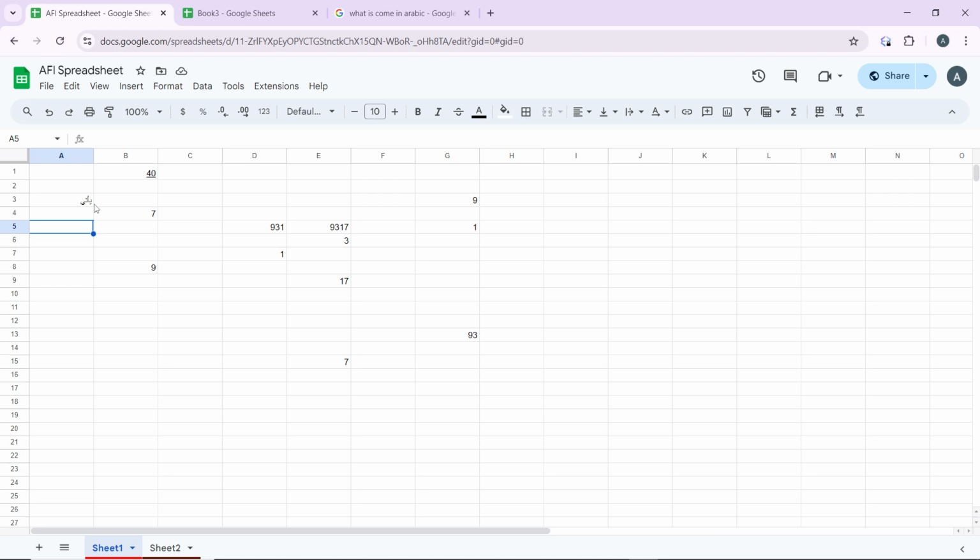So to simulate RTL text direction, this is what you can do. Select the cells where you want to apply RTL alignment. All right, then click on the horizontal align icon in the toolbar, which is